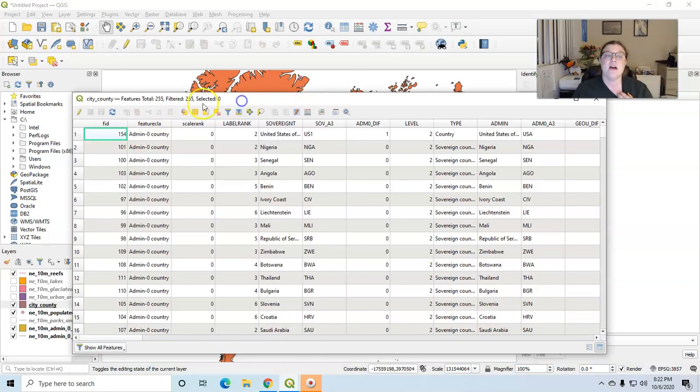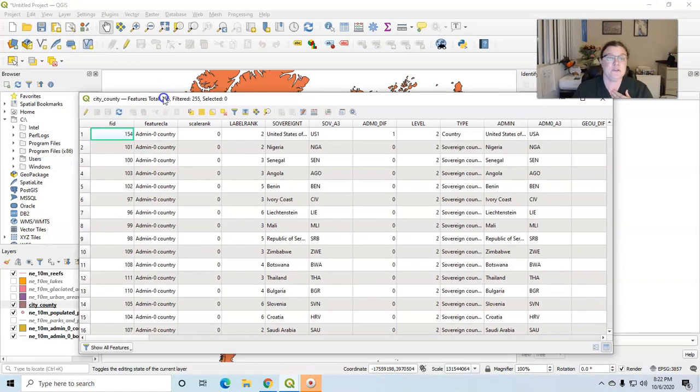So now you'll notice it has features, total 255. Whoa, wait a minute, what happened to all of our cities? Aha, we've now counted how many of these populated places we had per polygon. So if we go back to our original